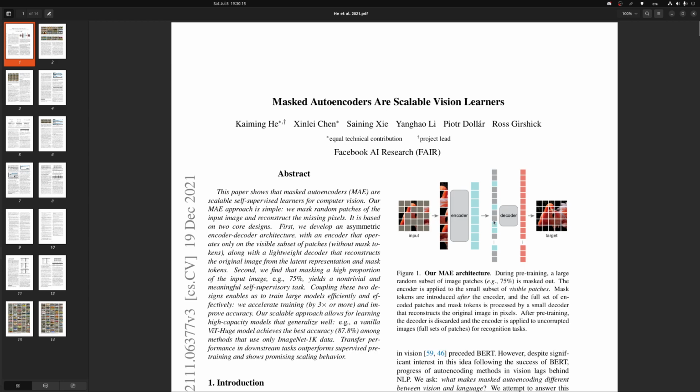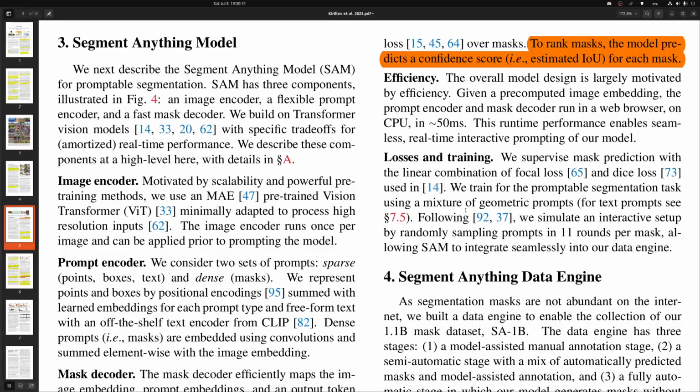In BERT, for example, they have a special token to indicate the mask token. But in the MAE model for vision, they don't actually do that. They just ignore it because they have the positional encoding, which tells them where this patch is, and that saves them from computing 75% of the patches, and that makes the model more efficient